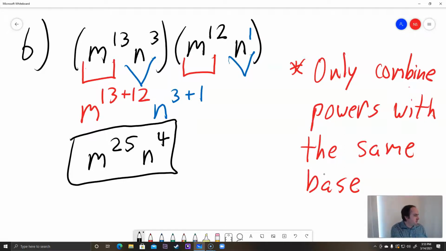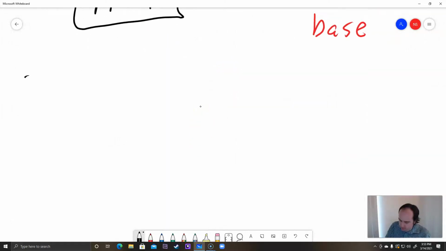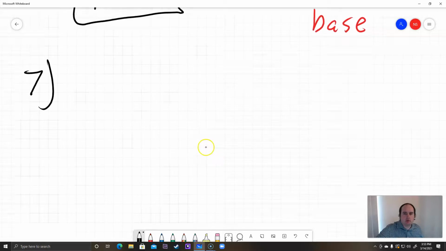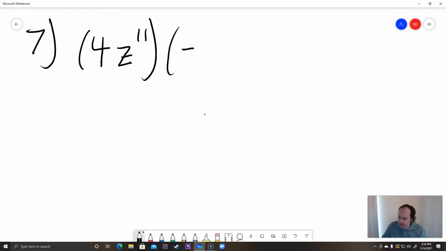So I think you should be good for your first few homework problems now. I just wanted to do maybe one more that uses all of these together. Okay, so example number 7. Example number 7. This one is parentheses 4z to the 11 times parentheses negative 5z to the 8